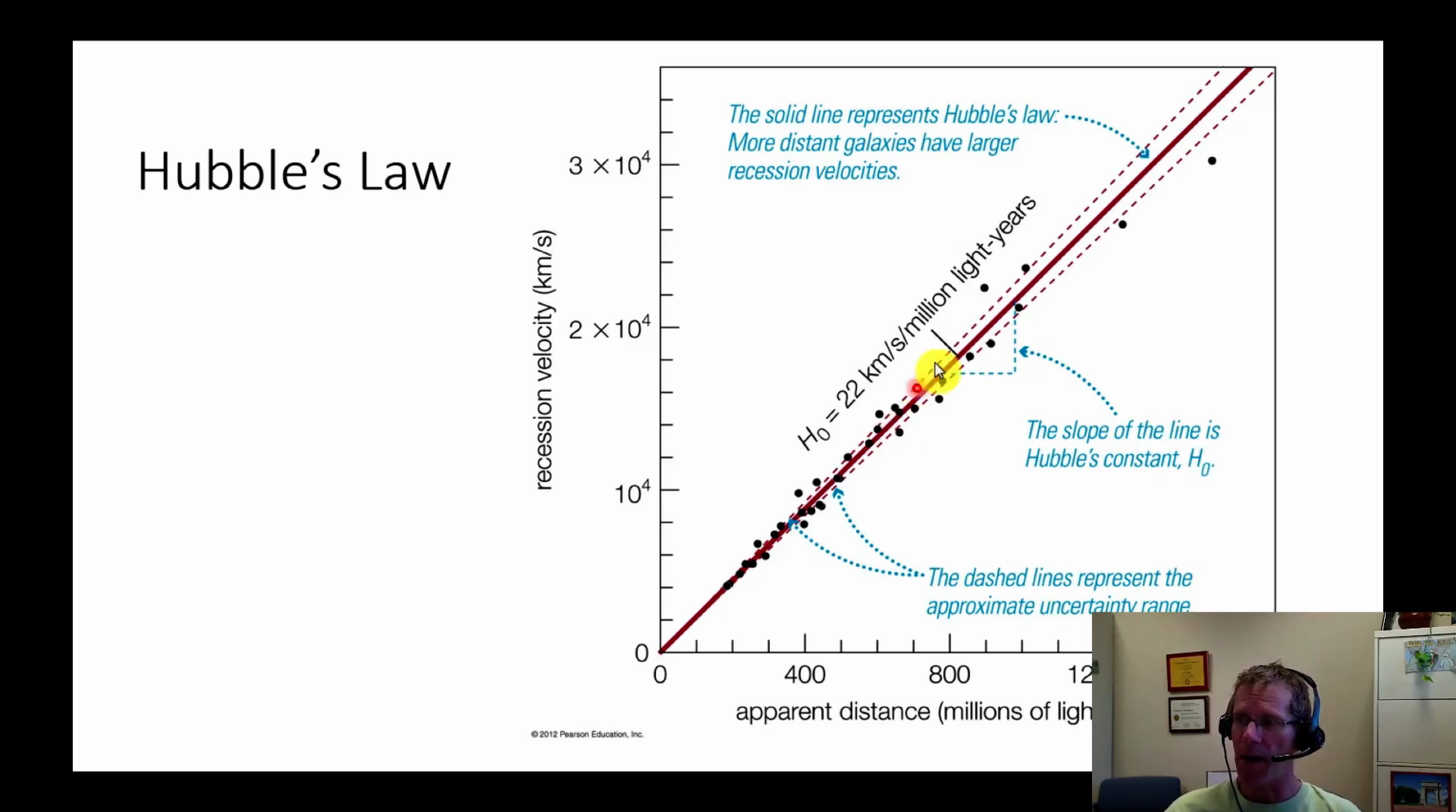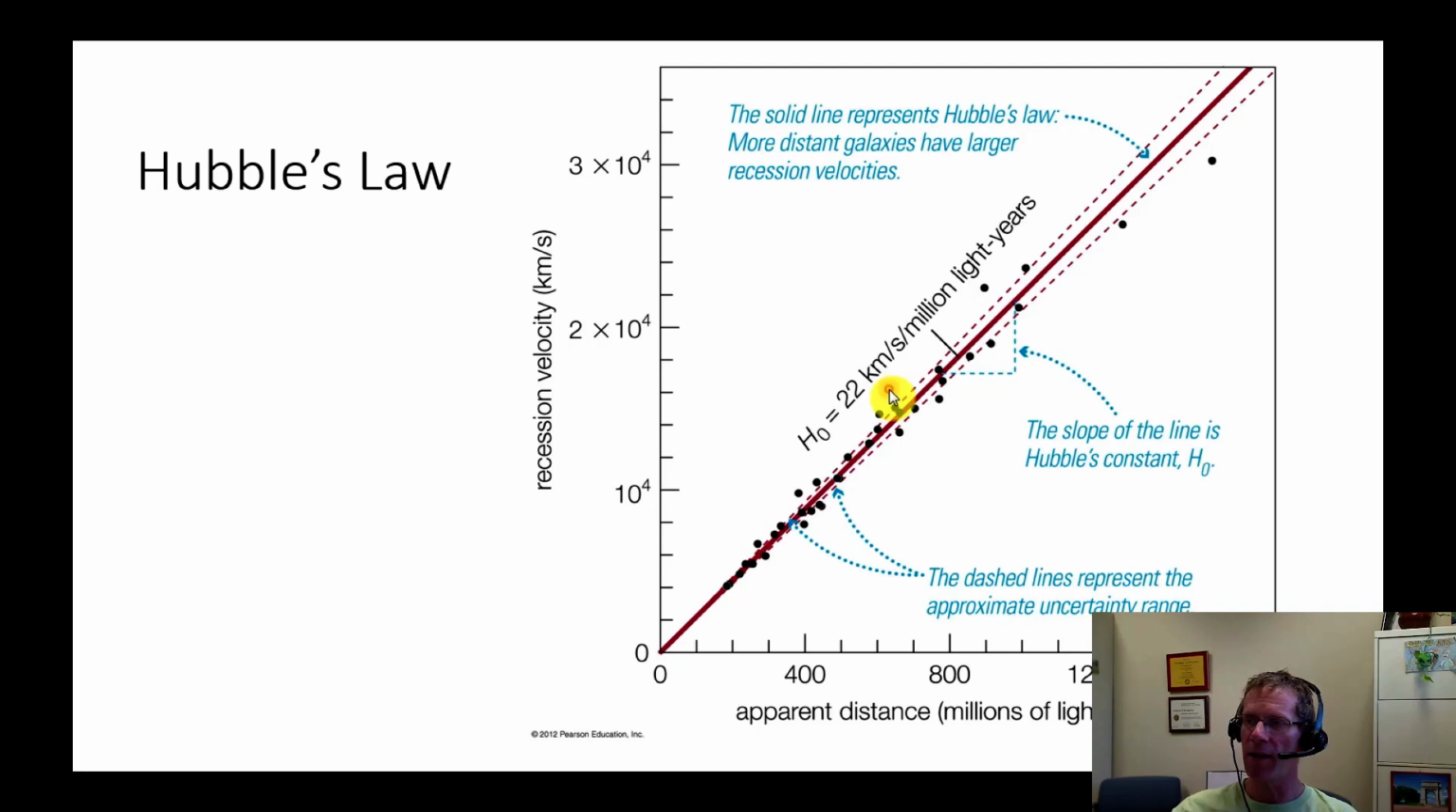And the slope of a straight line here is represented by rise over run. So the rise here, the units are kilometers per second. So something's receding at a certain number of kilometers per second. The x-axis, or the run, is the distance in millions of light years. So the slope here is 22 kilometers per second per million light years. So every additional million light years a galaxy is away, it's moving away from us at an additional 22 kilometers